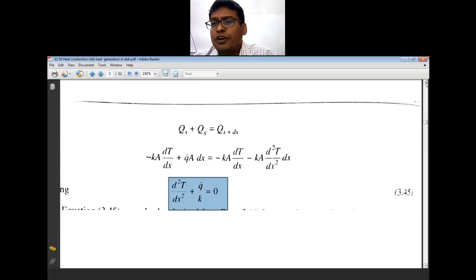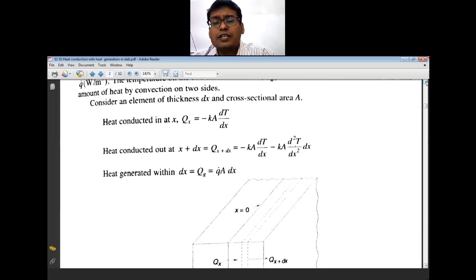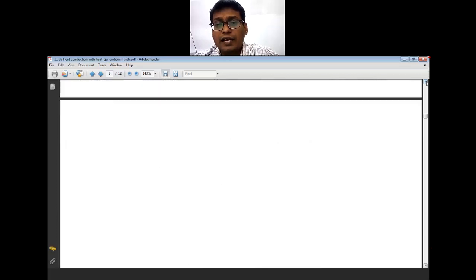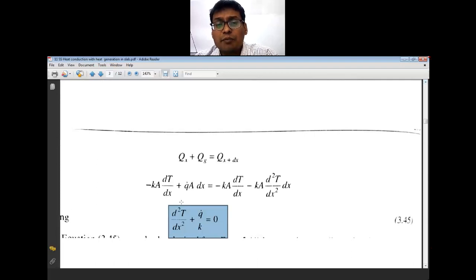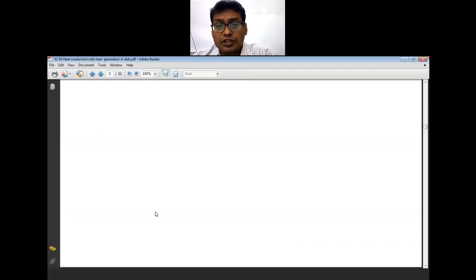Now, we did the same consideration in the case of our general heat conduction equation also. Similar derivation and terminologies were taken into account for a small volume when we discussed the general heat conduction equation. So I can take the general heat conduction equation and achieve the same equation here also by applying the desired conditions.